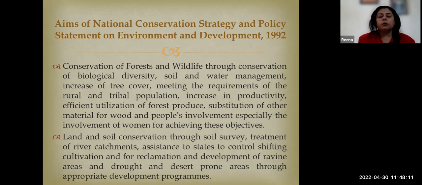So if our policy promotes it, if our policy is giving some kind of financial incentive, and we can implement those technologies for environment protection and pollution abatement, why not go about it? But for that, you have to have the information. You have to have the complete detail about what kind of subsidies are in place at present. So you should try to go through these policies from that perspective, and that will give you a